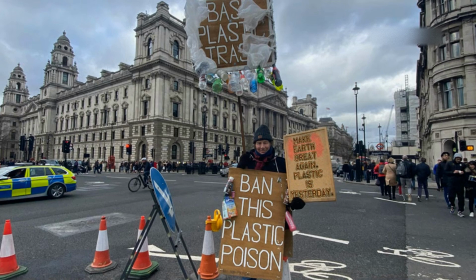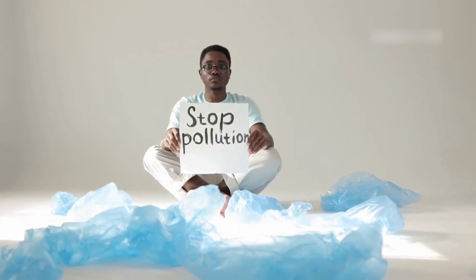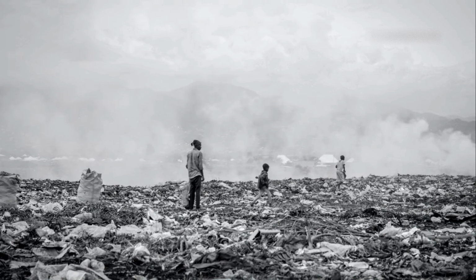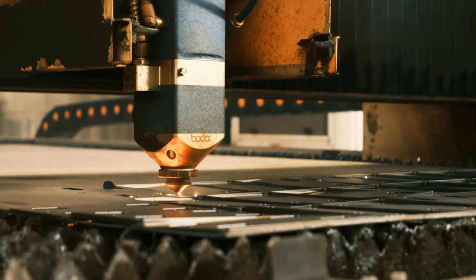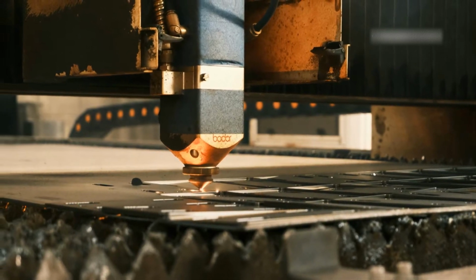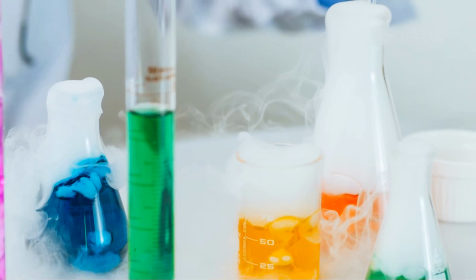It's about stopping waste at the source, which is far more efficient and effective than trying to clean it up later. Think about it. Cleaning up is expensive, and it often just moves the pollution from one place to another, like from the air into a solid waste filter that then needs to be landfilled. So how do we do it? We can use high-precision manufacturing techniques, like laser cutting, that create almost no leftover material. We can design chemical reactions that are so efficient, they convert nearly all the starting materials into the desired product,